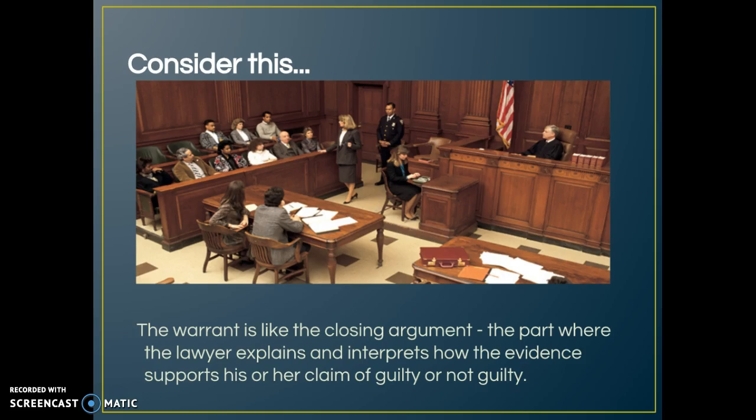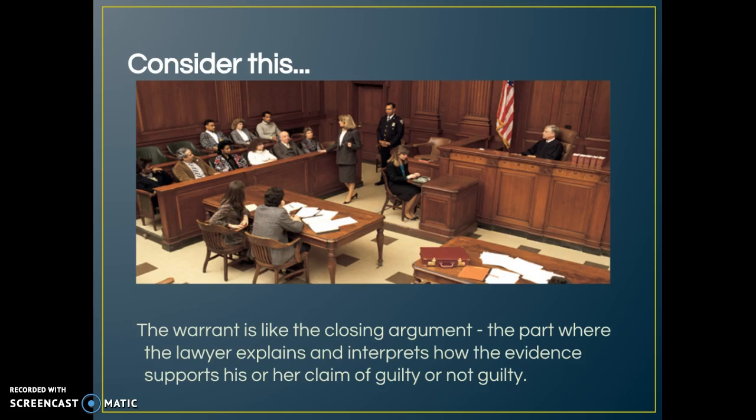So consider this. If you're talking about a jury trial, a trial where a possible crime has been committed, let's say in this case, someone has been stealing iPhones in the school. So the lawyer would first of all make a claim. The lawyer would claim that the person who's been arrested is not guilty of the crime. That is a claim. It's an opinion statement, but it's not backed up with I believe or I think, because that would weaken their argument. So the lawyer is coming out and claiming clearly, my client is not guilty of the crime of stealing iPhones.